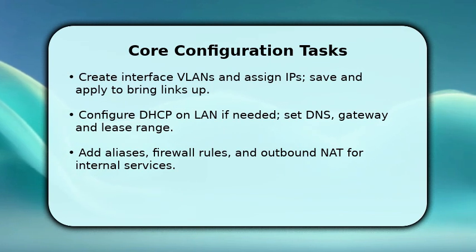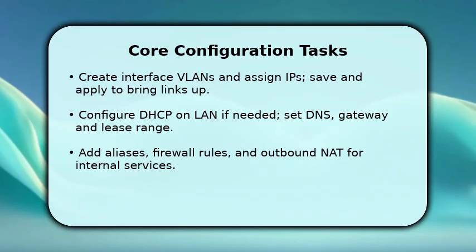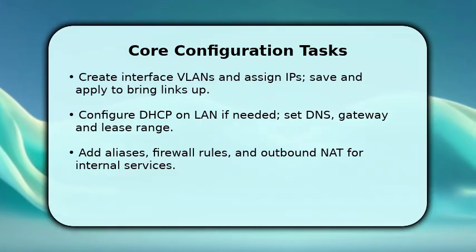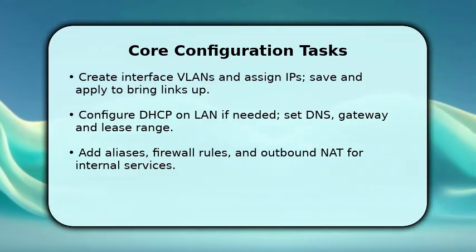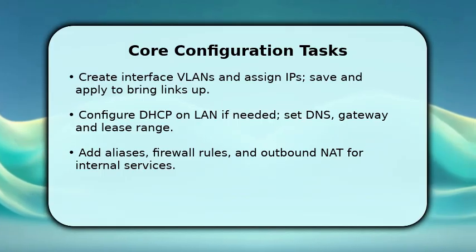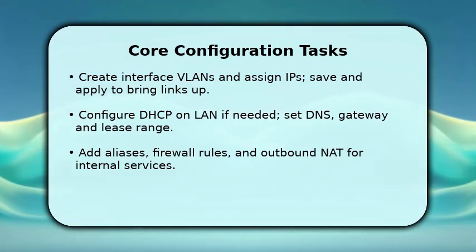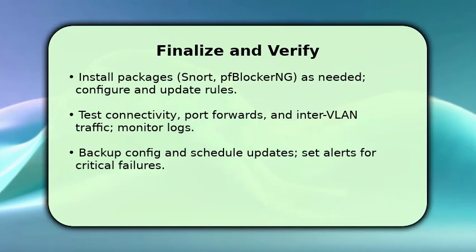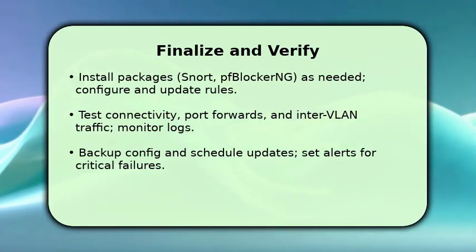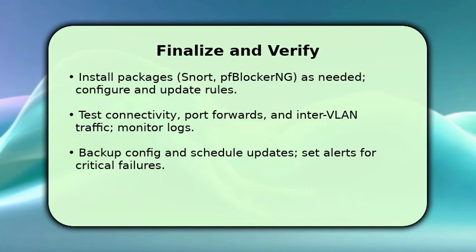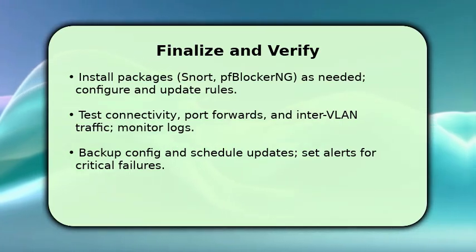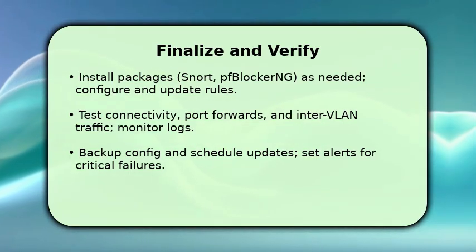VLANs. Then configure outbound NAT if using manual or hybrid mode, so services with private IPs can access the internet reliably. Finish by installing optional packages like Snort or pfBlockerNG to harden the gateway and then update their rule sets. You should test connectivity from a client, verify internet, access port forwards, and confirm inter-VLAN rules behave as